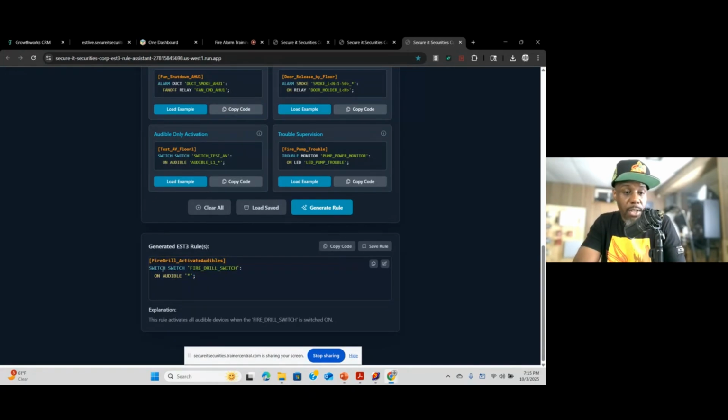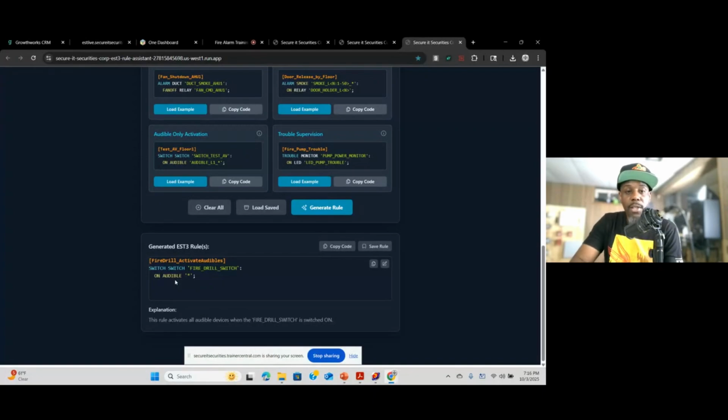The first switch will be the input event. The second switch will be the device type. So if this was alarm, the second one would be smoke or pull, whichever one you're activating. To understand, you will have your input event, and then you'll have your device type, whatever you're activating. And then that label, which is fire drill switch, and you have the label for that particular device type. What you're going to do on the outside, we want to just turn on the audibles, and that's the horns and strobes.